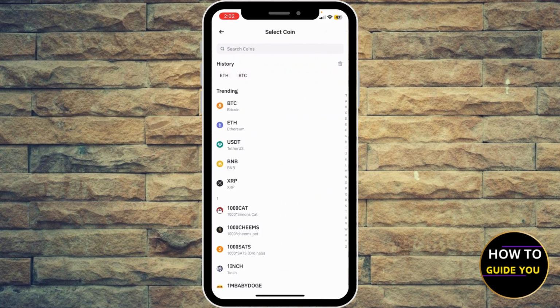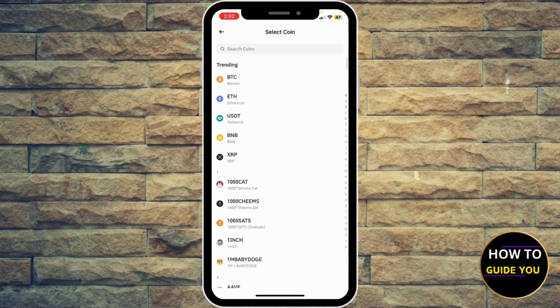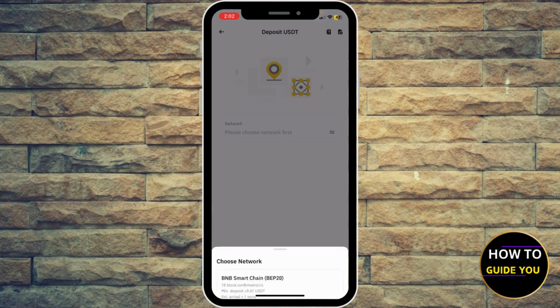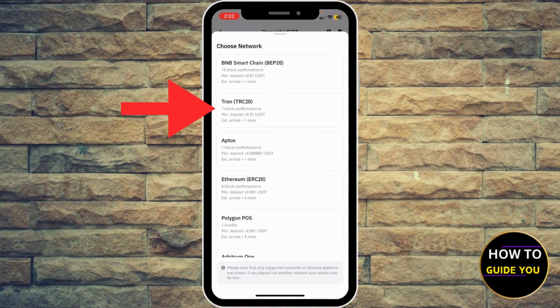And we're gonna select, of course, the USDT. So I'm gonna select USDT right here. Right? And then select that network. The most known network to transfer USDT from Bitget to Binance is Tron. So I'm gonna select that TRC20,